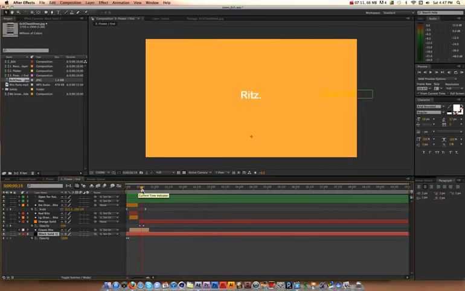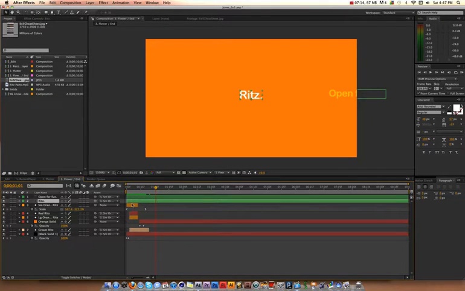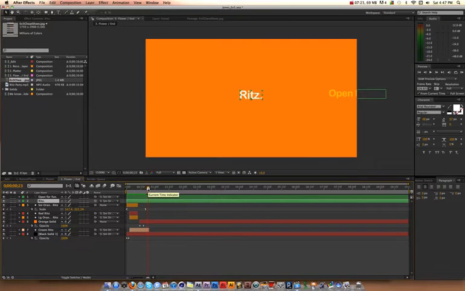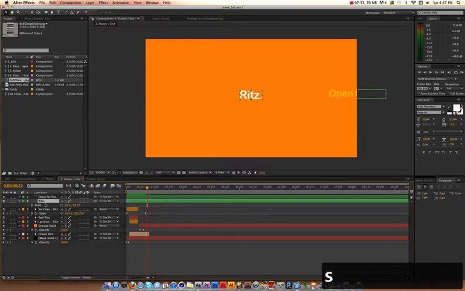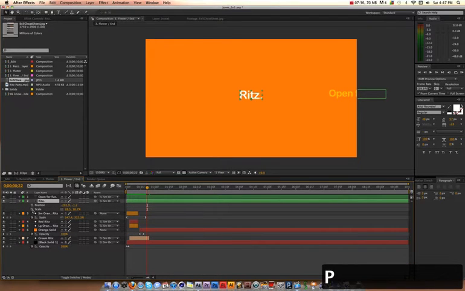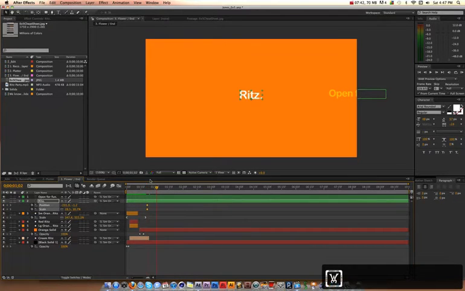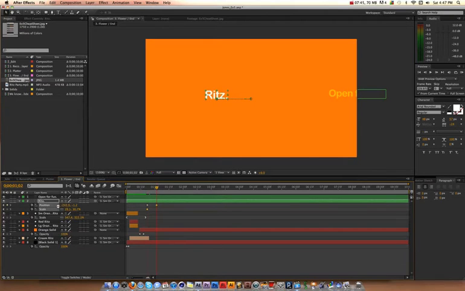I think the last thing we have to do is animate the text layers. So once it scales up and the color changes, right in between 15 frames and a second, then that's when the scale and position changes happen with the Ritz text layer. So I'm going to hit S and hold Shift and P, so I have both the position and scale open. I'm going to keyframe both of those and move ahead about 10 frames. And I'm going to move the position over, and I think it moves up a little bit, and I'm also going to scale it down a little bit,